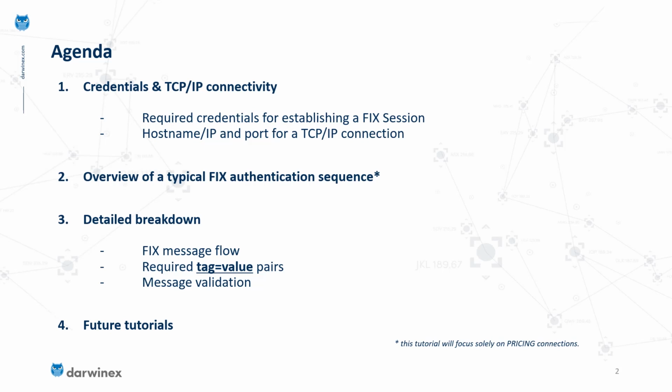We'll go on from there to break the authentication sequence down into messages in terms of components required, the flow required, how they're constructed, and some specifics, some calculations, in fact, that will explain how those are done inside the message once it's constructed for validation purposes at both ends, the traders and the brokers. And we'll conclude with talking about future tutorials and how we'll take this conversation forwards from establishing a Fix connection